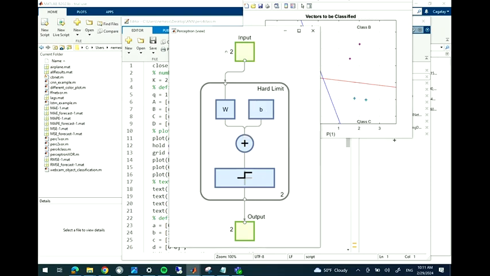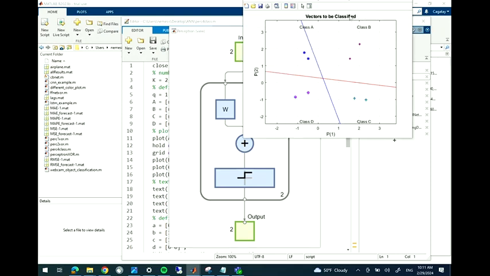As we can see here, there are now 2 neurons and 2 outputs, which draw us 2 lines, and these 2 lines successfully